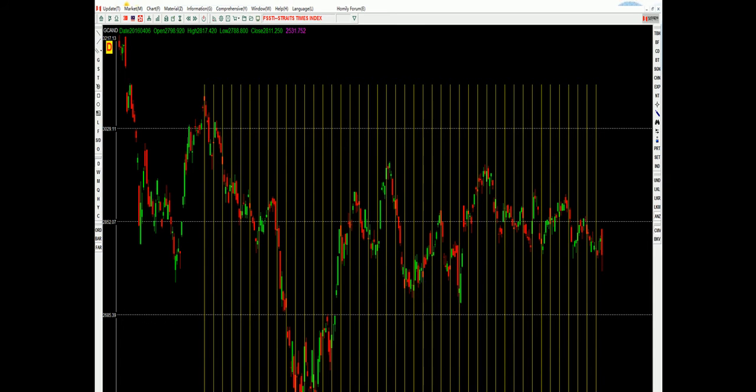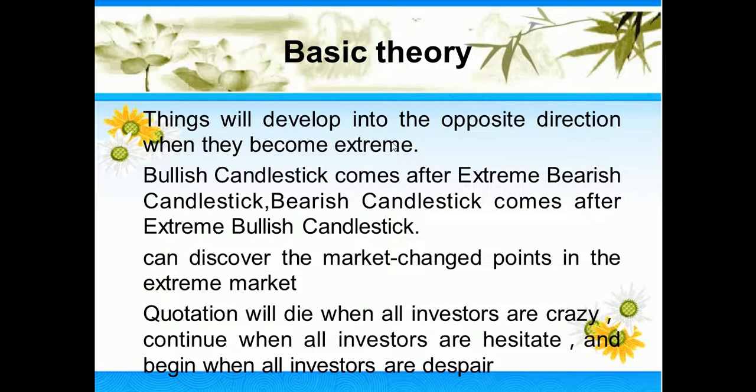Okay, so let's see here. If you see the price just touch the line, then you should know that this is the turning point. You should pay more attention to whether the price will continue to go up or go down. This is very important. So this is the space prediction.